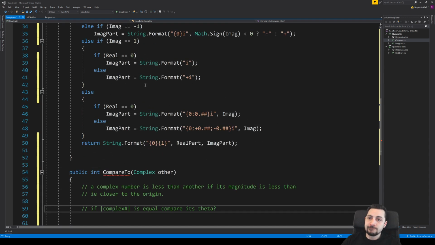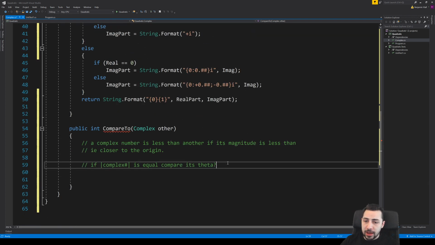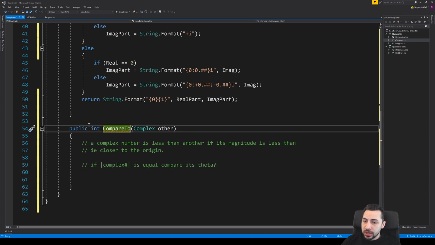Okay. So how do we compare that? The thing is, CompareTo has a very specific return type.